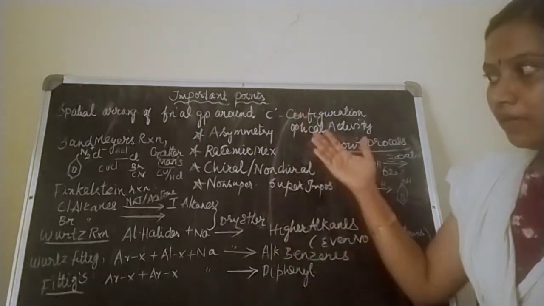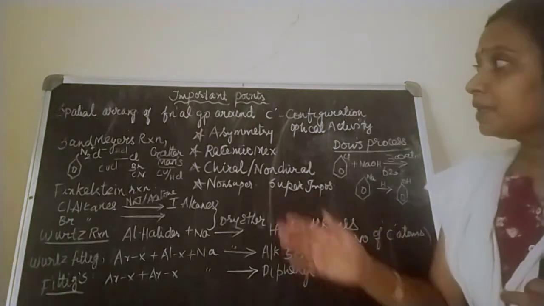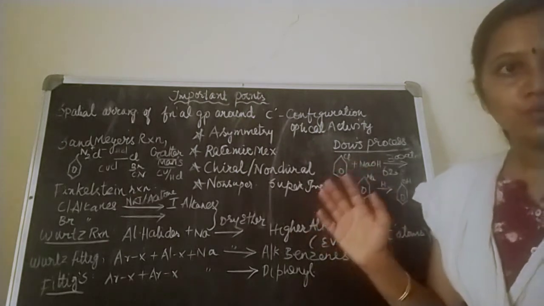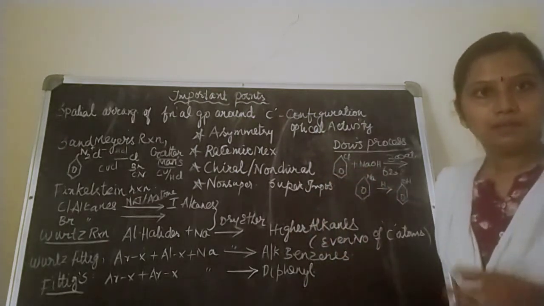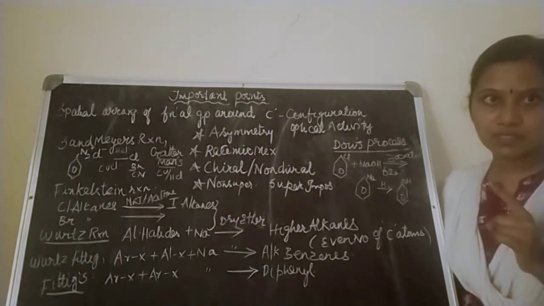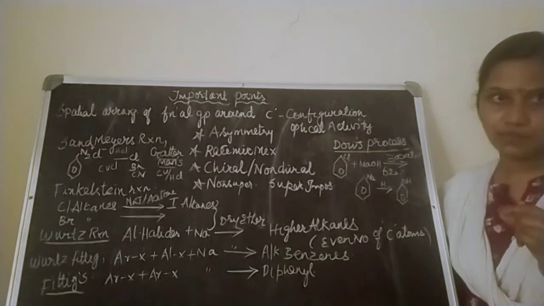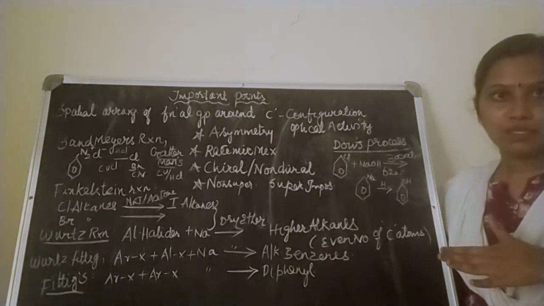Whatever I am going to tell here, I have done previously. These are important points to remember from this chapter. Done. Okay. So in haloalkanes, the important point which I want to stress is kindly give importance to the classification. Classification based on number of halogen atoms, classification based on hybridization.